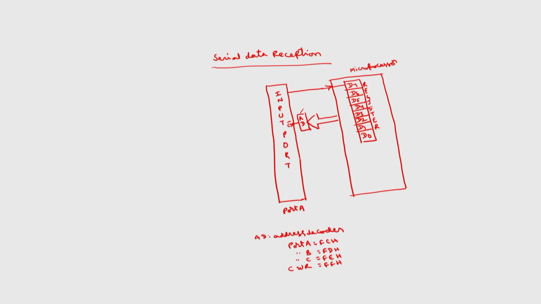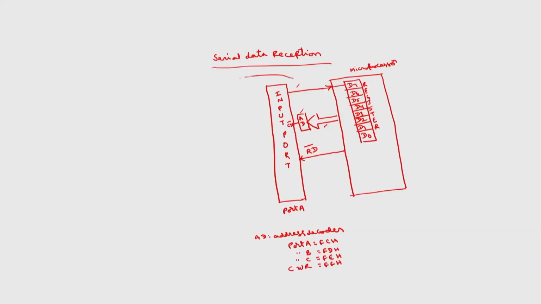Then because you are reading, the microprocessor sends the read bar signal. In case of transmit, the write bar signal. This logic is the same regardless of whether this is a transmission or a reception. Here the port has to be programmed as input port in reception, output port in case of data transmission. Now, the characters will be received here.